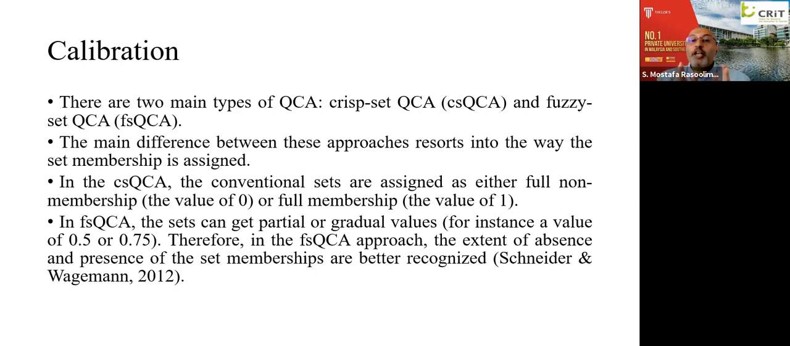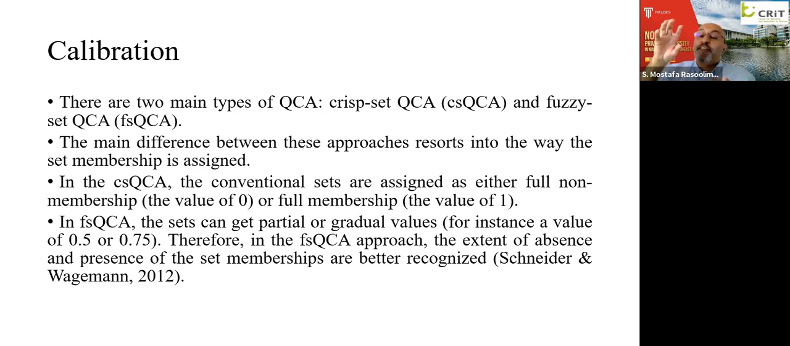It means we assign only two values to our variable, 0 and 1. 0 represents non-membership, while 1 represents full membership. But when we go to fuzzy, this is more qualitative, and crisp is for dichotomous situations. But when we go to fuzzy-set QCA or fsQCA, actually we calibrate